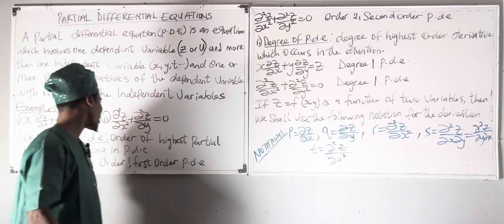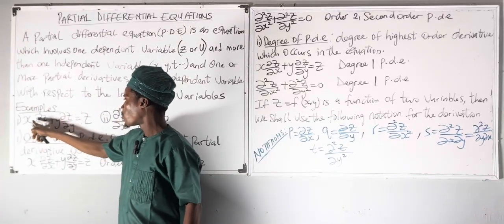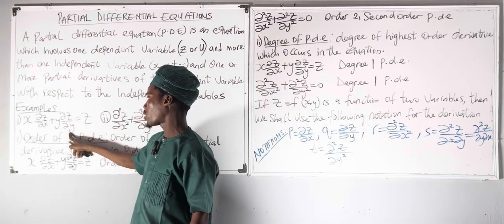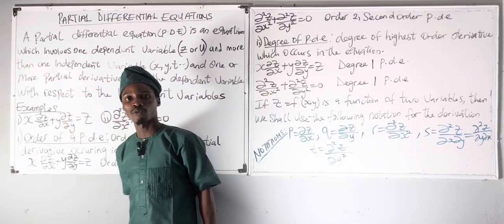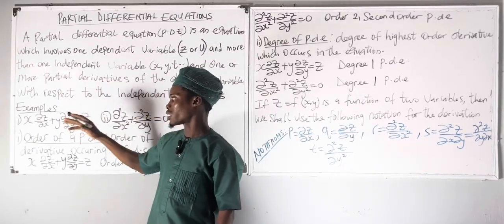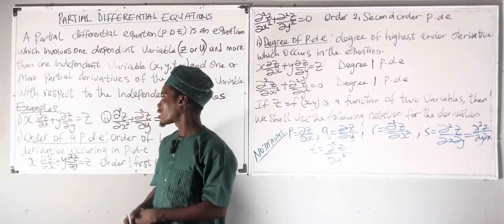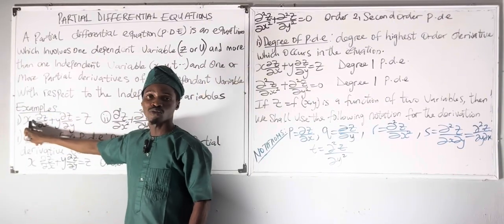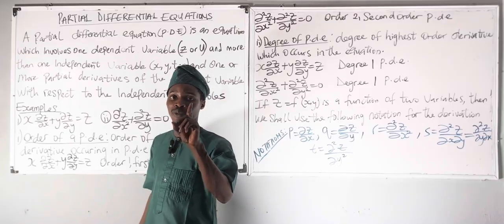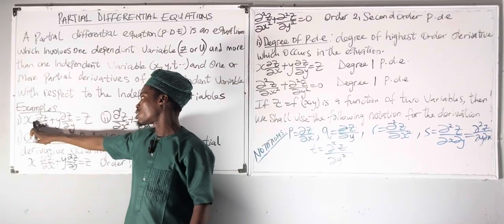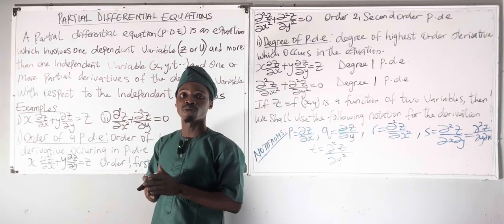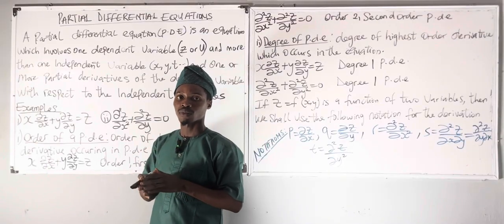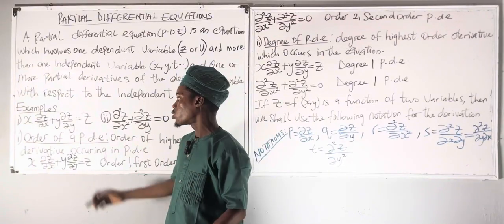So let us consider an example. If you have x partial z over partial x plus y partial z over partial y is equal to z, this is an example of a PDE, a partial differential equation. The reason is that there is not only one independent variable there. You can see x here, you can see y here. Whenever we have a dependent variable that depends on two or more independent variables, not only one, we call it a